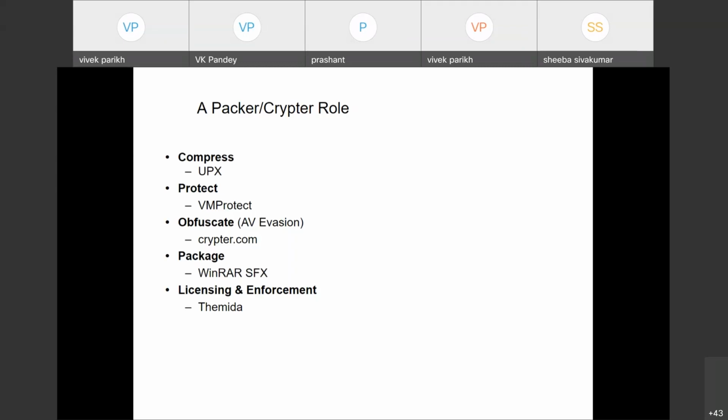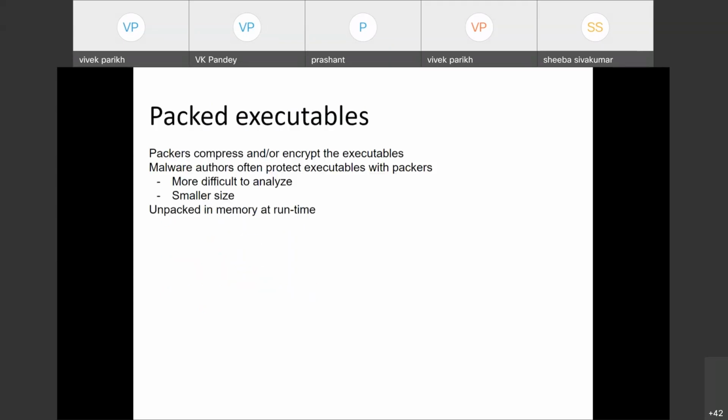Then they can be using VMProtect. Then for obfuscating, there is Crypto. So you can see that every type of packer has its own uses and purposes. Malware authors' goal is, first of all, to hinder any analysis performed by the antivirus engineer and to reduce the size of the binary. So they use these packers to do that.